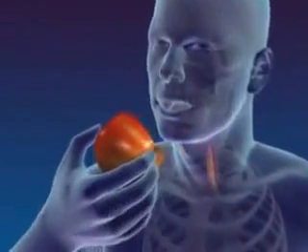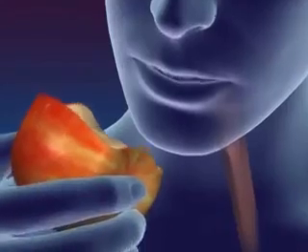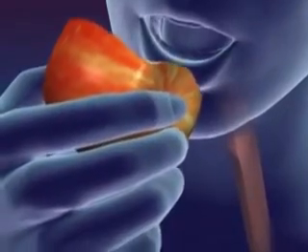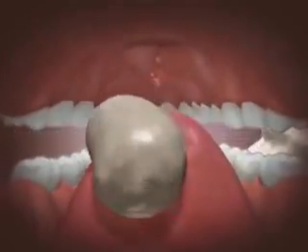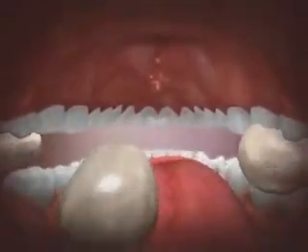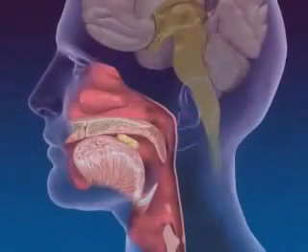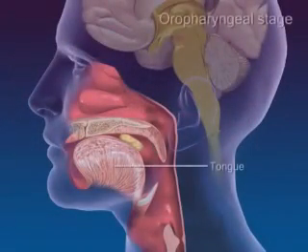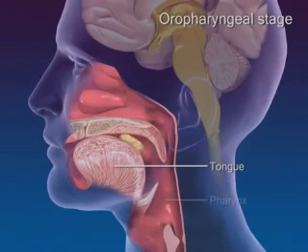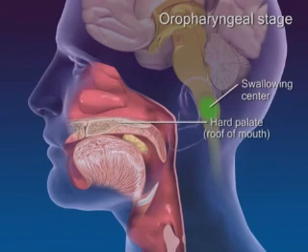Swallowing occurs in two stages, the oropharyngeal and esophageal stages. At the start of a swallow, a food bolus is voluntarily pressed by the tongue up against the roof of the mouth and backwards towards the pharynx. In response to activation of pharyngeal pressure receptors, the swallowing center in the medulla initiates reflexes that prevent food entry